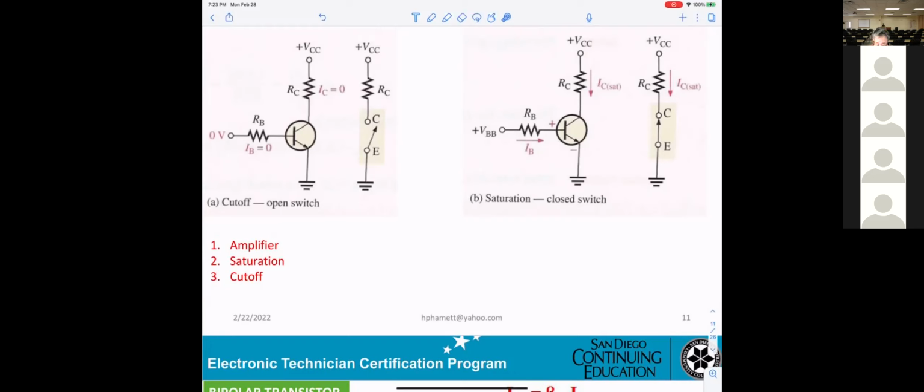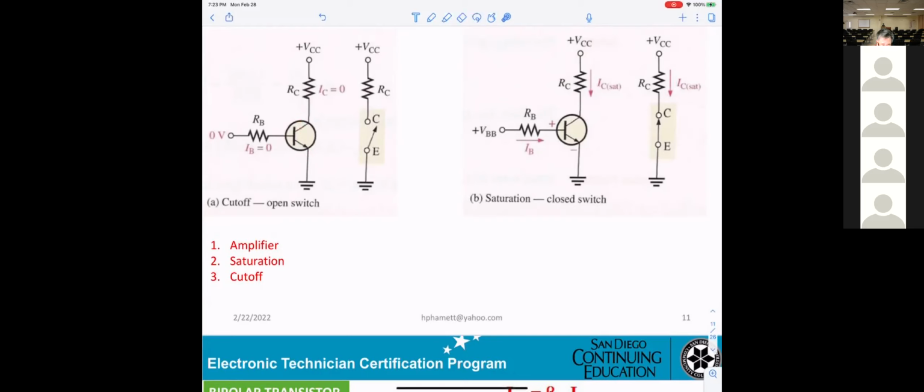Okay, and basically we already told you, you get one diode here, one diode here. Okay, one from B to C, one from B to E. Okay, so for the cut off, that means both diodes open.